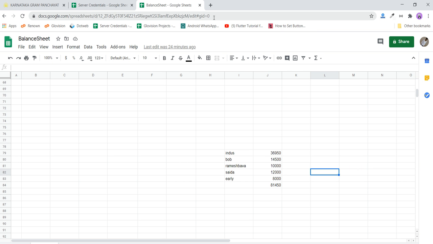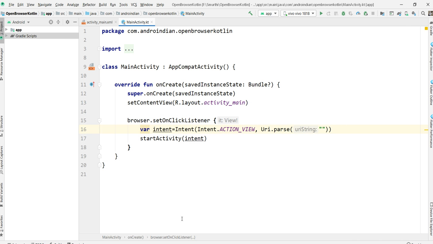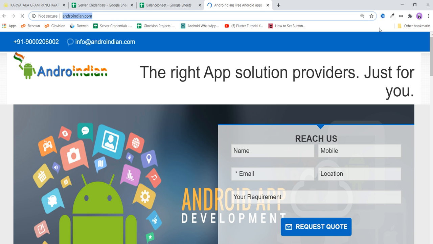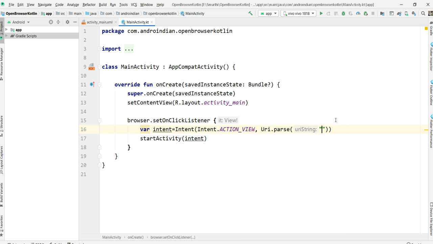Here I want to define the URL with my website. So just define the URL here. Now I'm running this application.